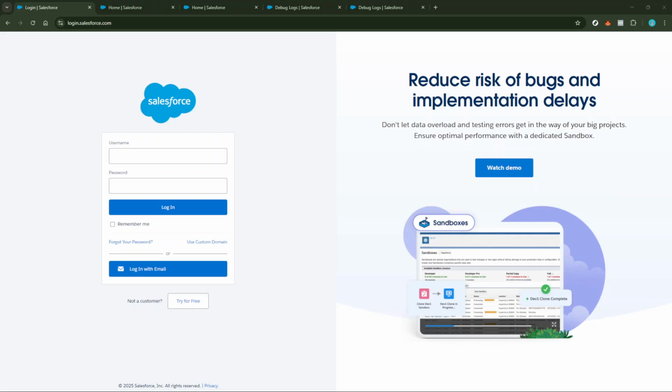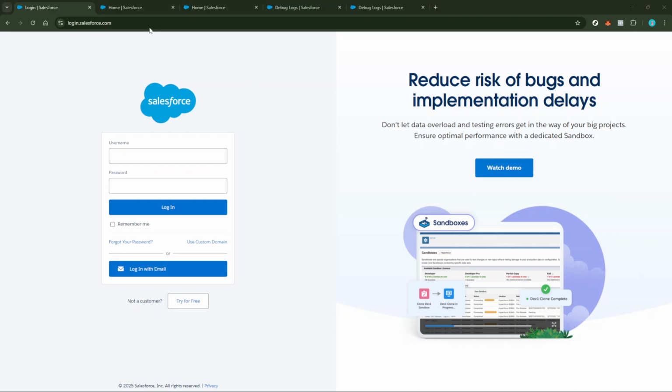In today's video, I'm going to teach you how to easily turn on debug logs for guests in Salesforce in just 5 minutes. Debug logs are incredibly useful tools that let you track issues and understand the behavior of your application by capturing detailed information about events happening within Salesforce. Particularly when it comes to guest users, activating these logs will give you insights into their interactions and troubleshoot potential